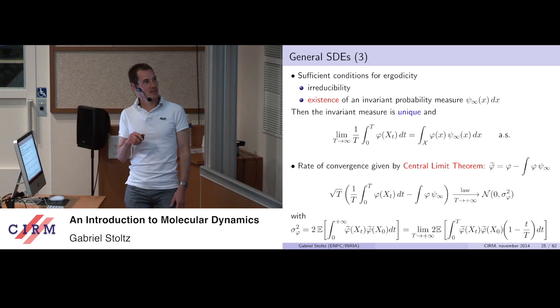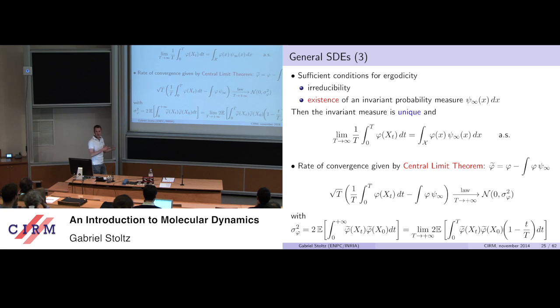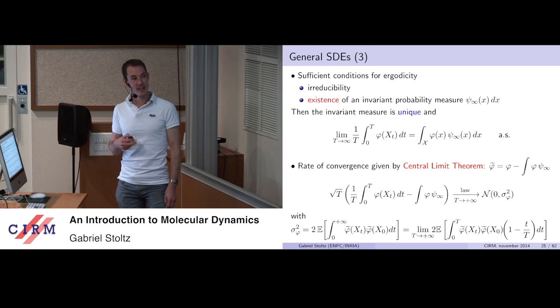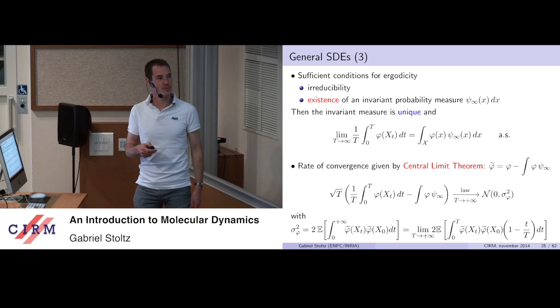This really tells you that the average over one trajectory is what you want, plus some error of order 1 over square root of T. And this allows you to have confidence intervals and so on. Of course, what you'd like to know in practice is what the variance is, so that it would help you estimate the errors you're making. Unfortunately, because life is not as beautiful as it should be in all situations, the variance has a complicated expression and does not have an analytic expression. I will have to show you how to estimate it in practice.